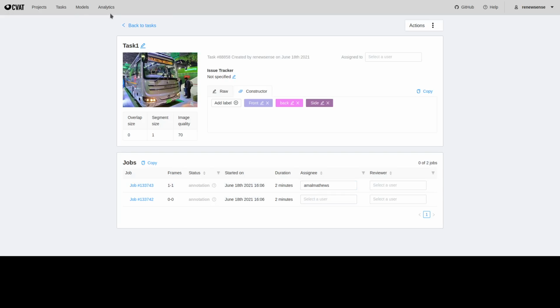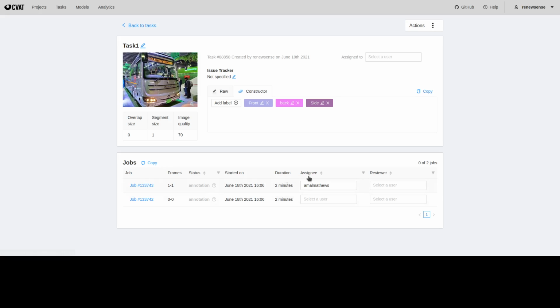So if I go to my account, I can see this job displayed there. So I can click on that and open. But for the sake of this demo, I will be using only this admin account, as you can see, the Renusense account.